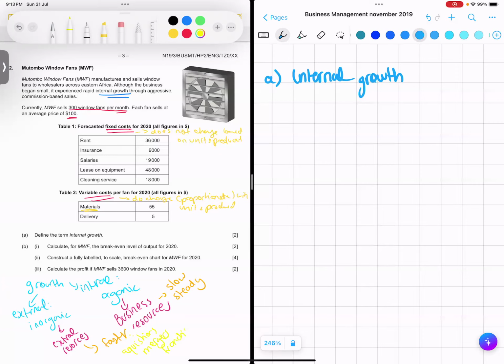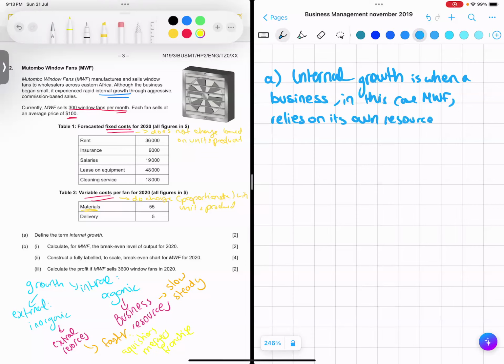But in this case, MWF actually does internal growth. So internal growth is when a business, in this case MWF, relies on its own resources and capabilities, in parentheses existing operations, to grow,